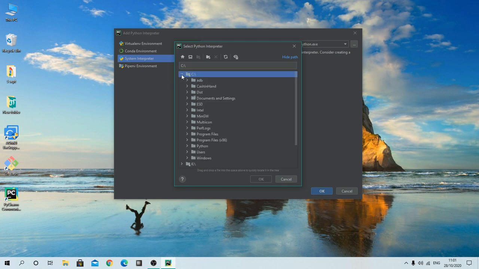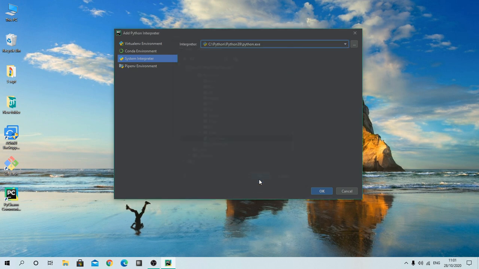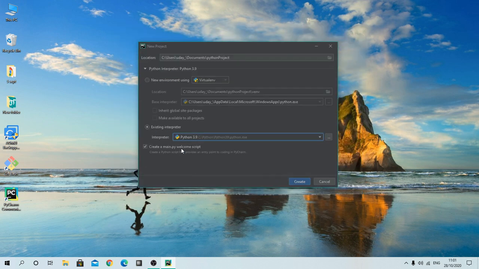I will go to Python, then Python 39, select this python.exe, and click on OK. Then I will click on create, and I will also check this to create a main.py welcome script. Click on create.